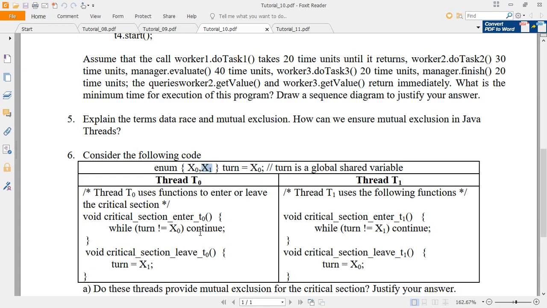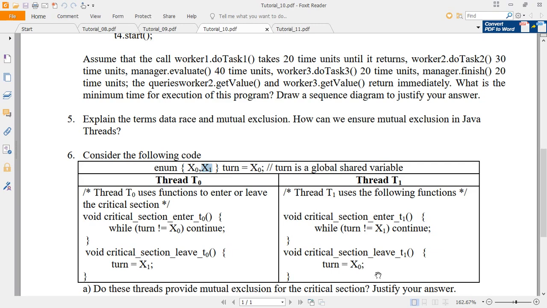In the case of thread 1, while entering the critical section, it checks whether turn is x1 or not. That means while turn is not equal to x1, wait for some time, then acquire and execute the critical section. Then while leaving, turn should be set to x0. So this is the synchronization approach that was written there.